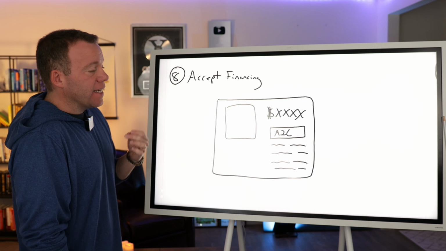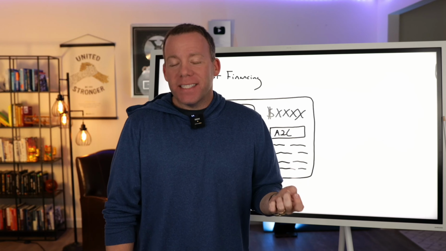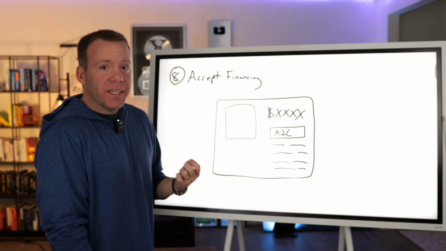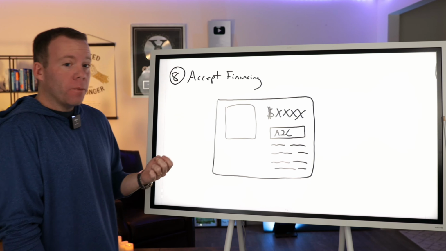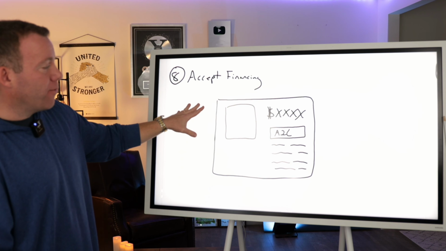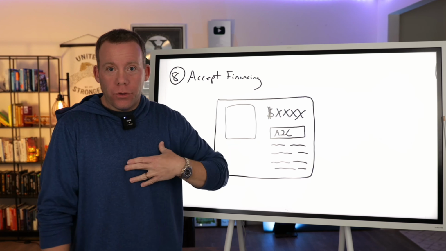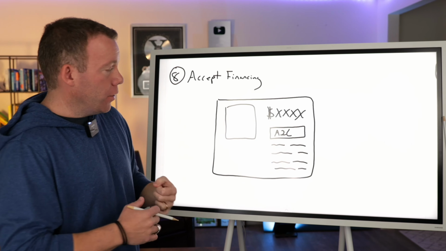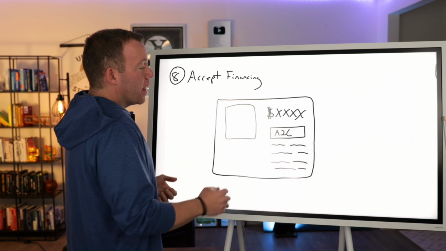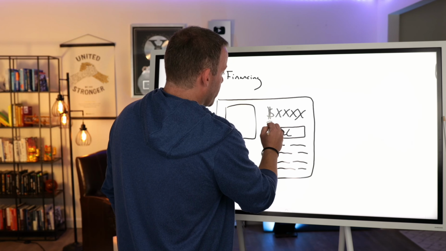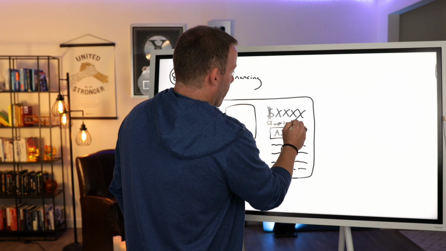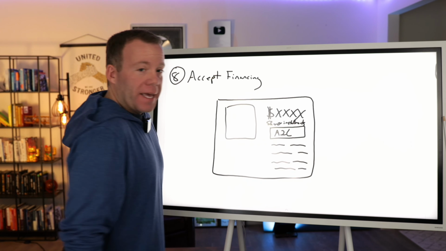And this one is accept financing. This can work at any price point, but specifically for what we do, because we sell high ticket products, it is very helpful. And just know when I say accept financing, I'm not talking about you financing money or letting customers pay over time to you. Instead, what we do is use Shop Pay Installments. I know you probably can't read that if you're watching the video, but it says Shop Pay Installments.